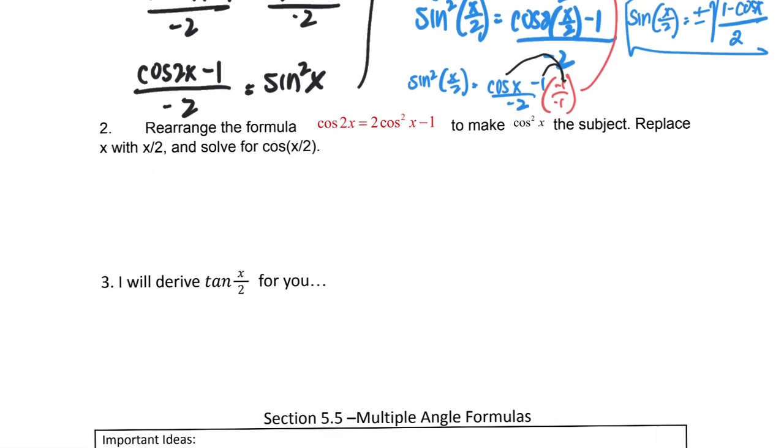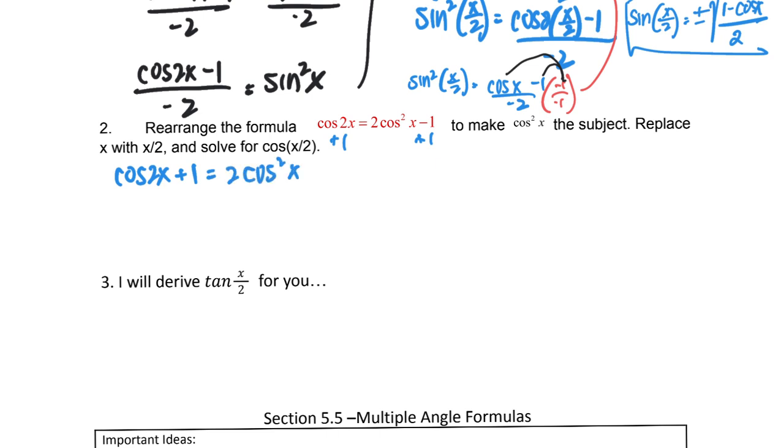Okay, now we're going to do the same thing for cosine. So we kind of have similar directions. Make cosine squared the subject, then replace x with x over 2, and then solve for cosine of x over 2. So I'm going to take this formula, I'm going to add 1 to both sides to get cosine squared by itself. So we have cosine of 2x plus 1 equals